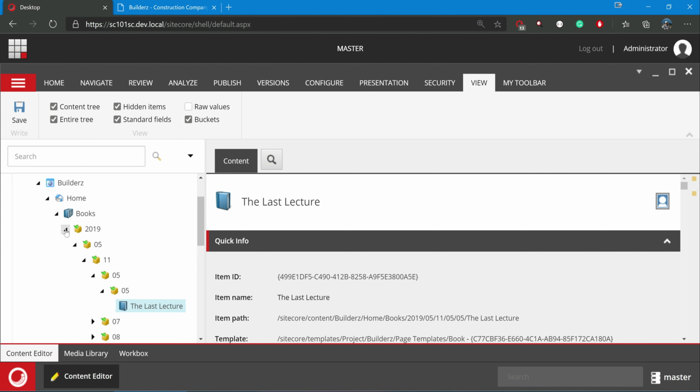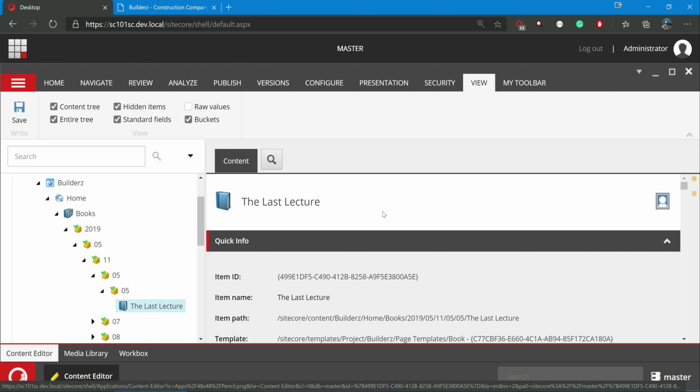It does not matter how many records we have. Under books, there might be 1,000 or 2,000 books, and it will work in a similar fashion and be much faster. And you might notice what these numbers are. These are the year, month, date, hours and minutes. So year, month, date, hours and minutes.